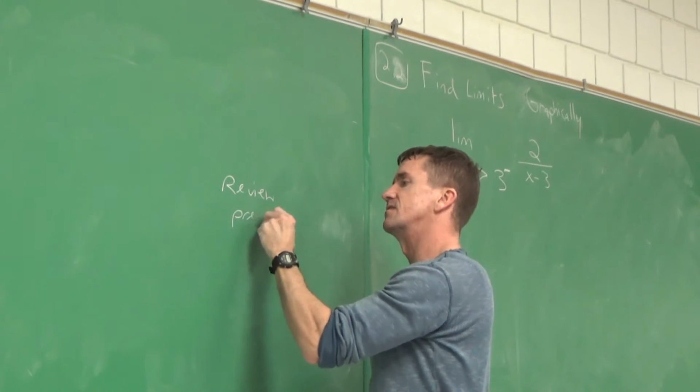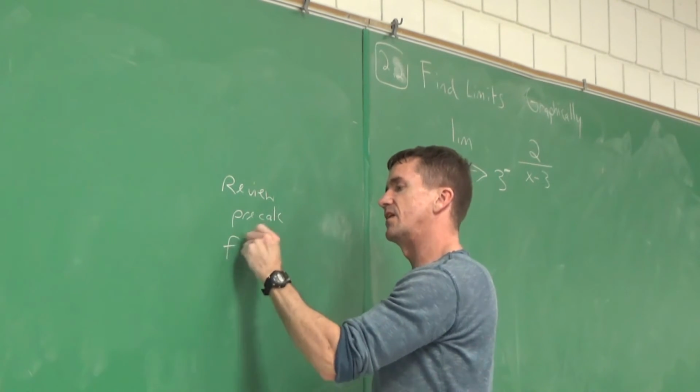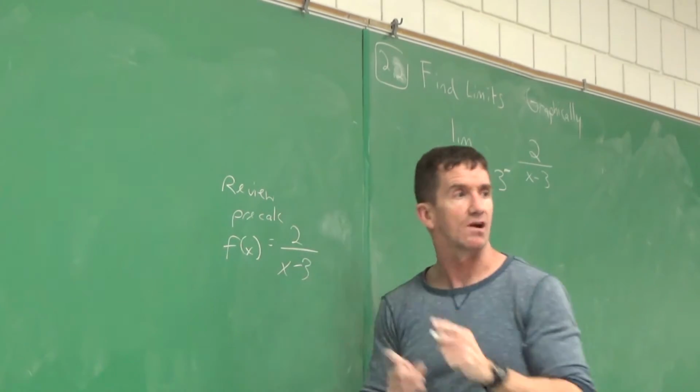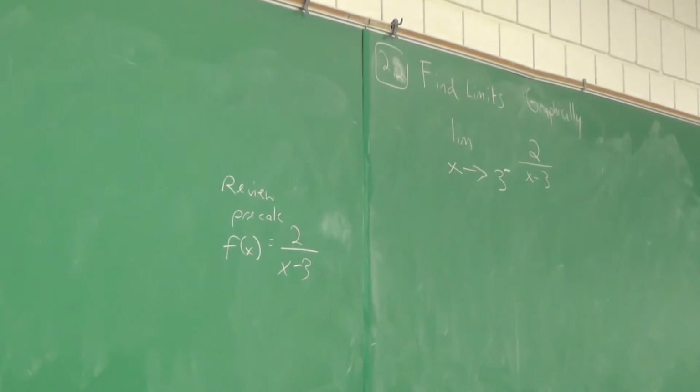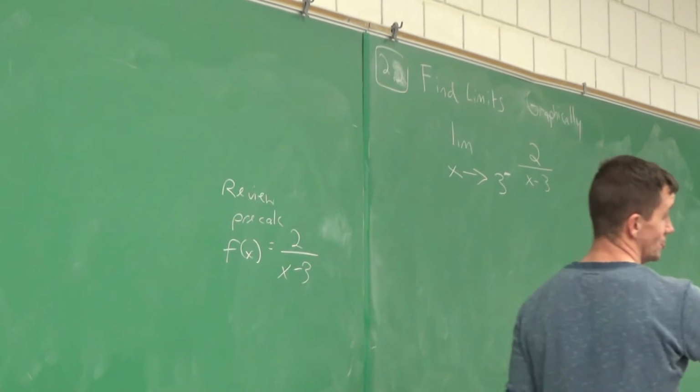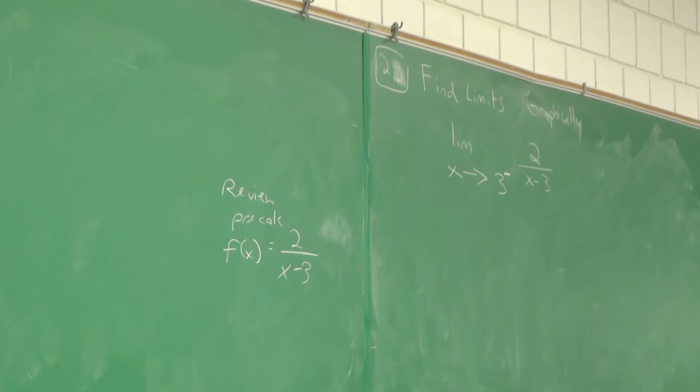How do you graph the function f of x equal to 2 over x minus 3? So you and I can look at this graph so we can answer this question, because I want to answer this question graphically. You might have other ideas, and I think that's good, actually. You might go, I got another way to answer this question. But we're going to answer this question graphically.